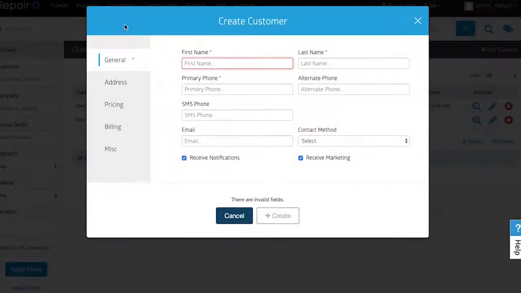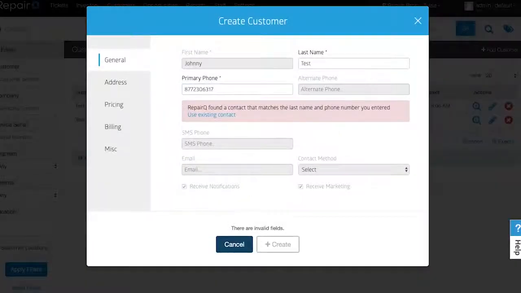Our last major update with 1.16 is the overhaul of our customer intake process. We've updated all contact and customer creation and editing experiences to use one universal format to help improve data entry time and accuracy. We've also reorganized the contact fields to ensure that RepairQ required fields and your required fields are entered first. There are also new validation checks in place to make sure that no duplicate entries are allowed into